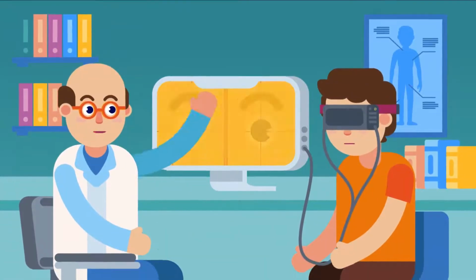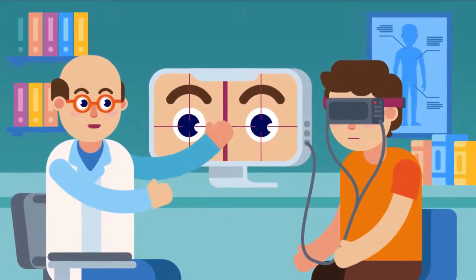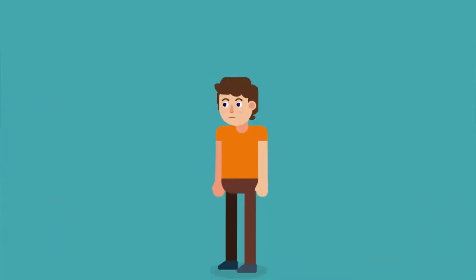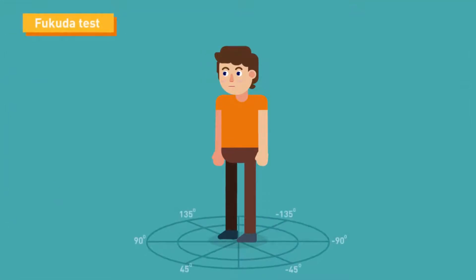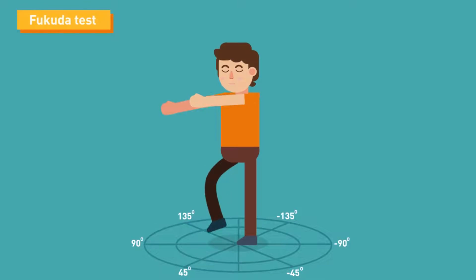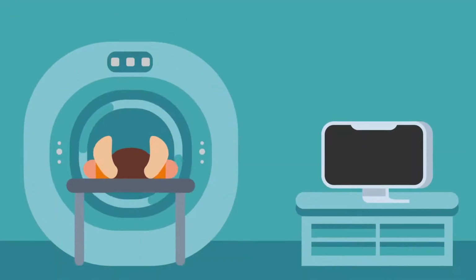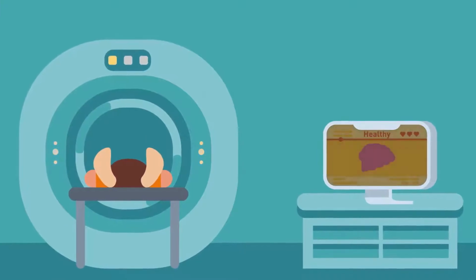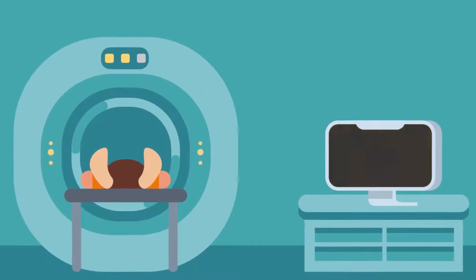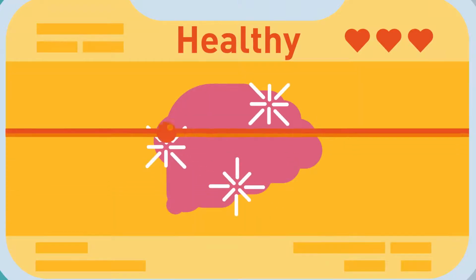4. Vestibular testing to check for any involuntary movements of the eyes, or nystagmus. 5. Fukuda-Unterberger test. In this test, the patient will have to close the eyes and march in place while trying not to lean to the side. In some instances, the doctor will require you to undergo diagnostic imaging tests like CT scan or MRI to rule out central causes of vertigo or any tumor presence.